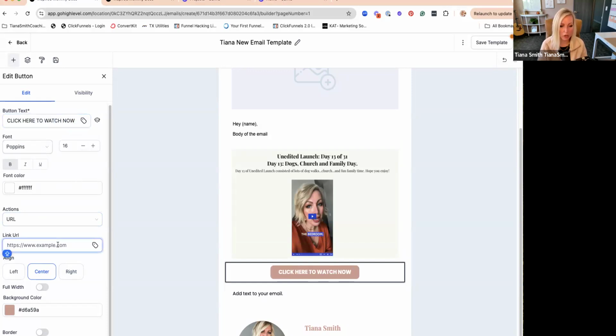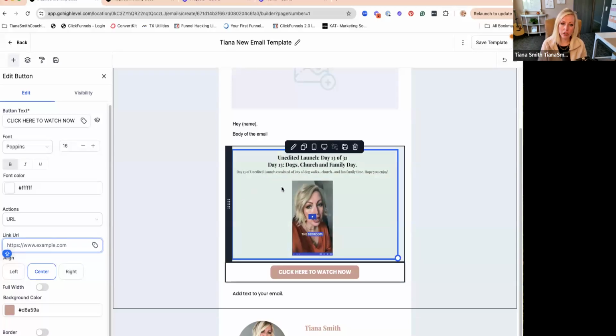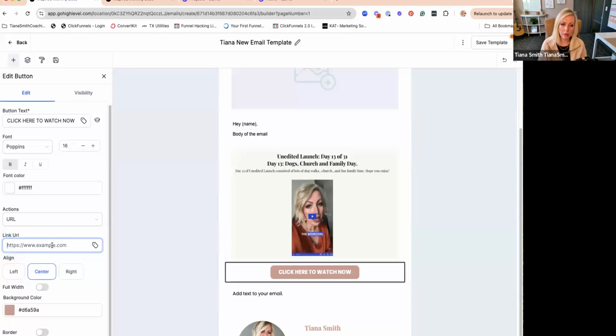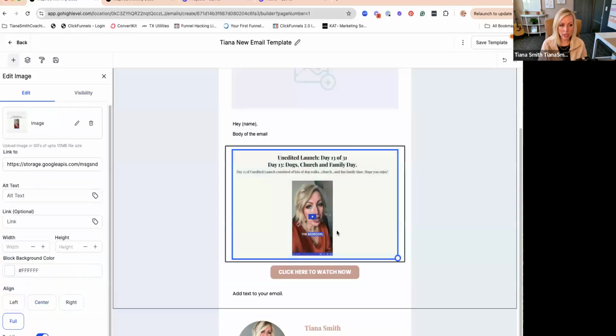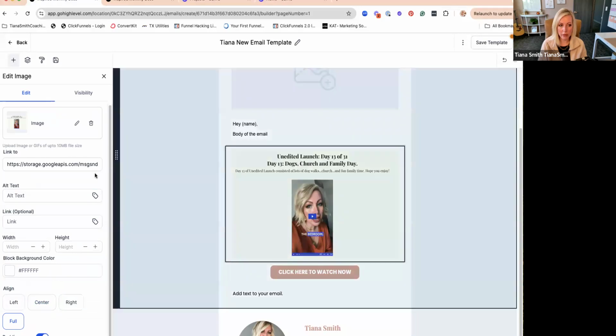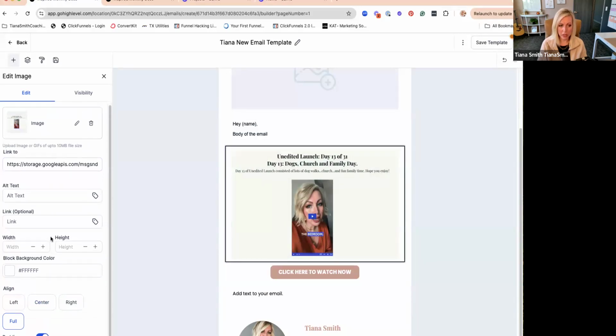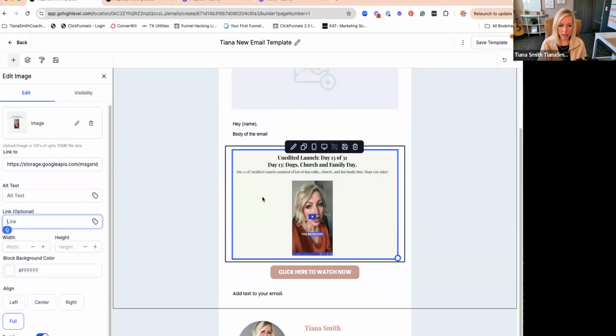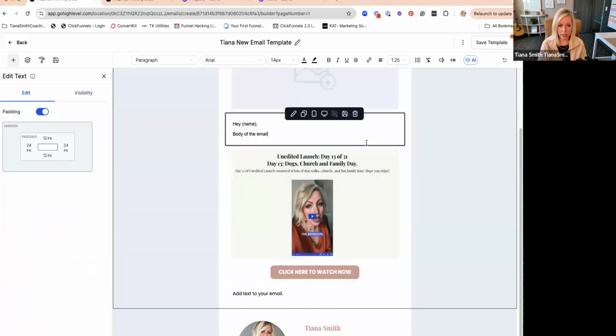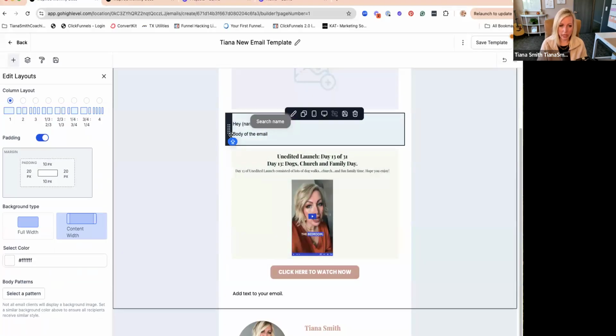The link is going to go to the funnel page that you have on the website, right? So whatever that landing page link that I shared in the funnel training, that would go there. And you're going to change this. You also want to change the link of the image. When people click on it, you can actually add a link too. So that's what I do. So essentially you're like, hey friend,